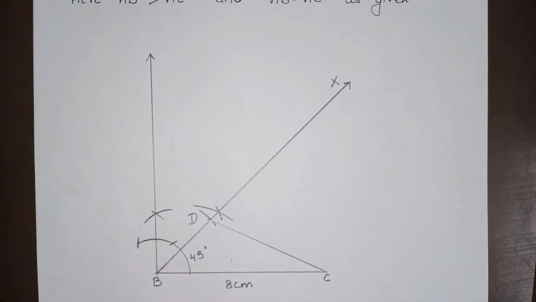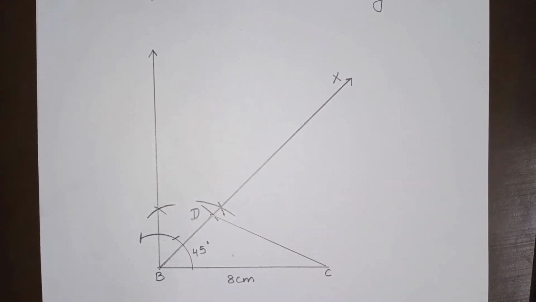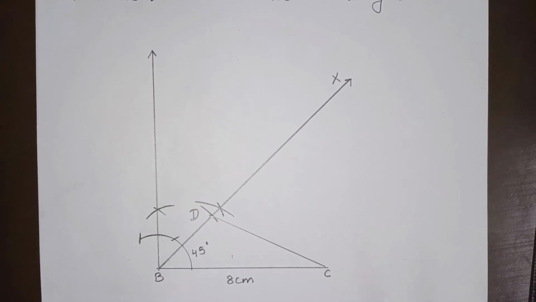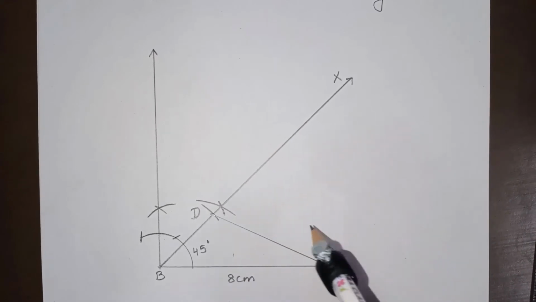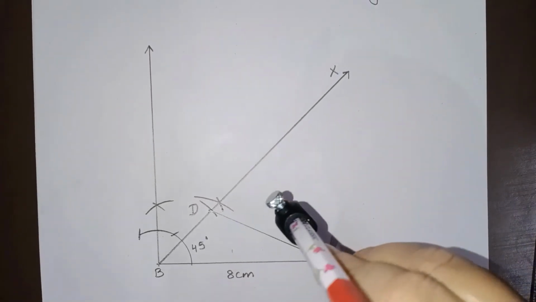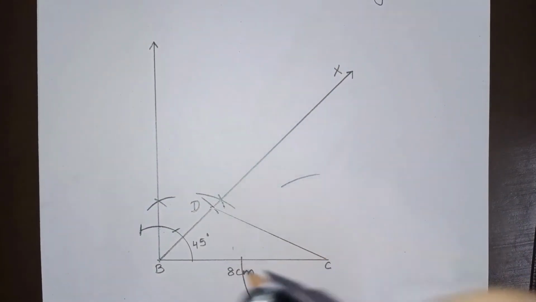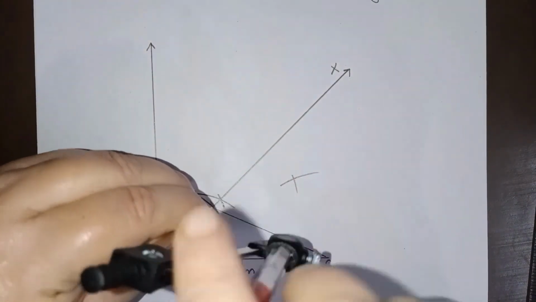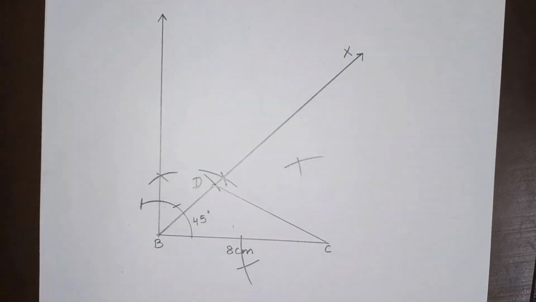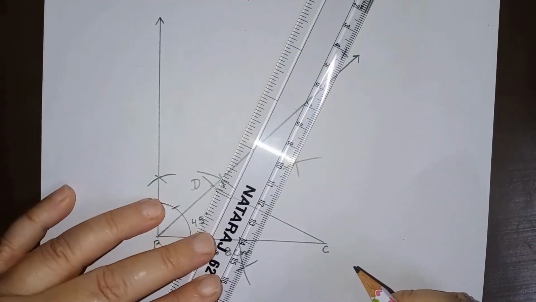Okay. Now the next step will be, we will draw perpendicular bisector of DC. So to draw perpendicular bisector of DC, what we have to do? We have to keep our compass at point C, and we have to open it more than half of CD. Make an arc here and make an arc here. From point D, you have to cut these arcs like this. So when we will join them, this is the perpendicular bisector of CD.